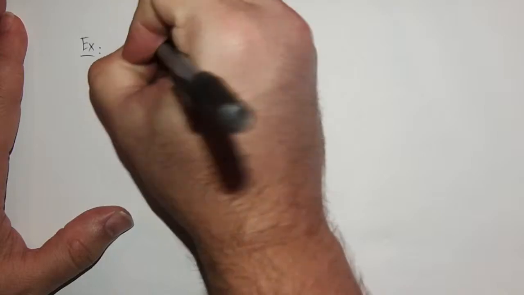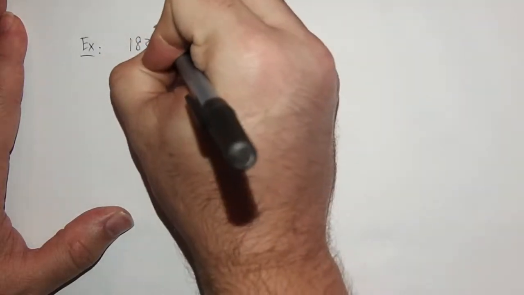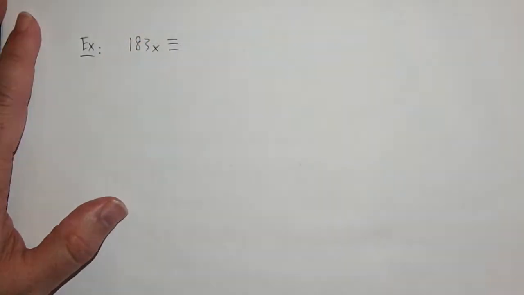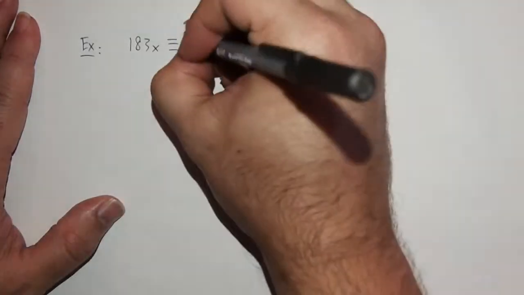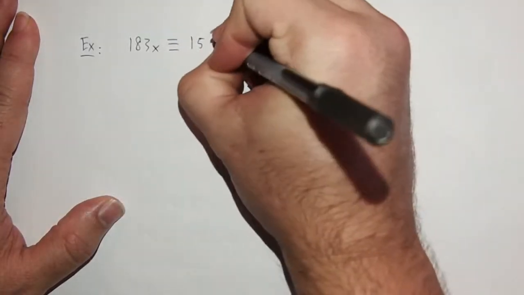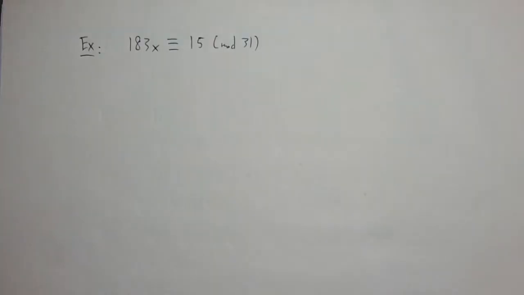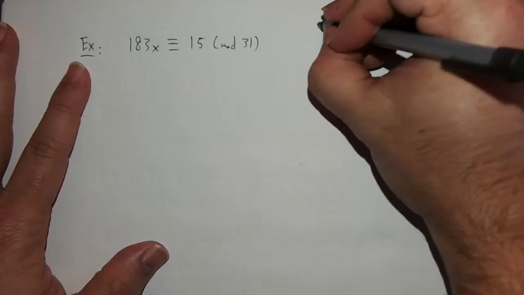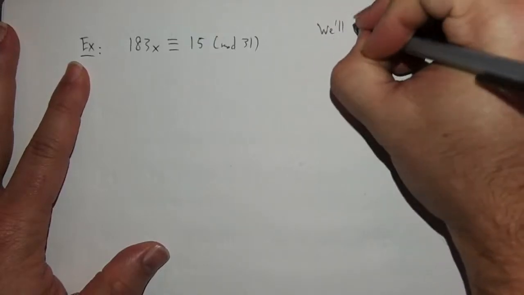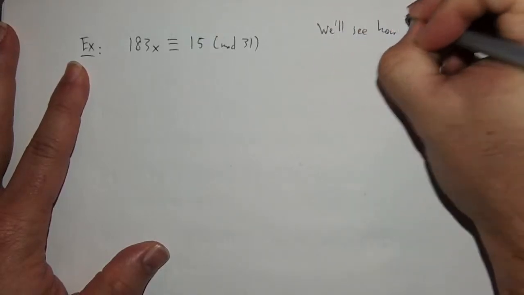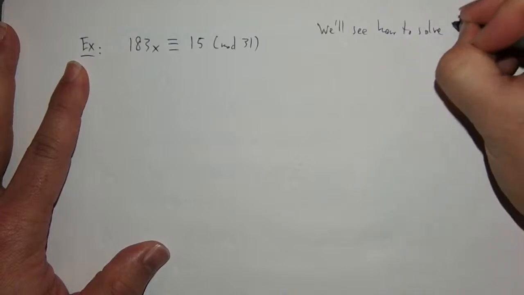My modulus is a little more complicated, so let's do a fully worked out example here. 183 times x is congruent to 15 mod 31. We'll see how to solve these congruences